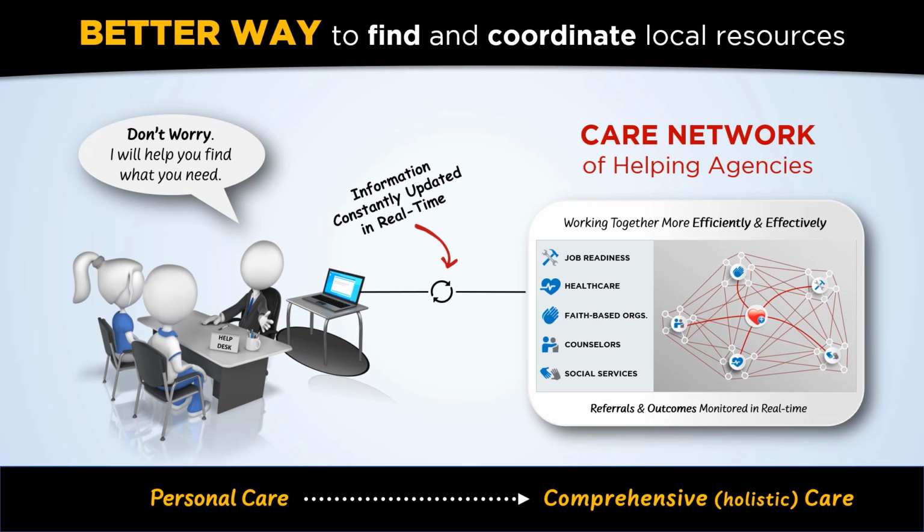This means people are better served because helping agencies throughout a community can collectively increase their responsiveness to the needs of individuals and families. They can strengthen their social safety net, making it easier for them to coordinate resources more efficiently and effectively. Our networking tools make it fast and easy for agencies to streamline intake, assessments, and referrals, which keeps individuals and families from falling through the cracks. Agencies can quickly mobilize resources because a process, which oftentimes takes days, is now reduced to minutes.